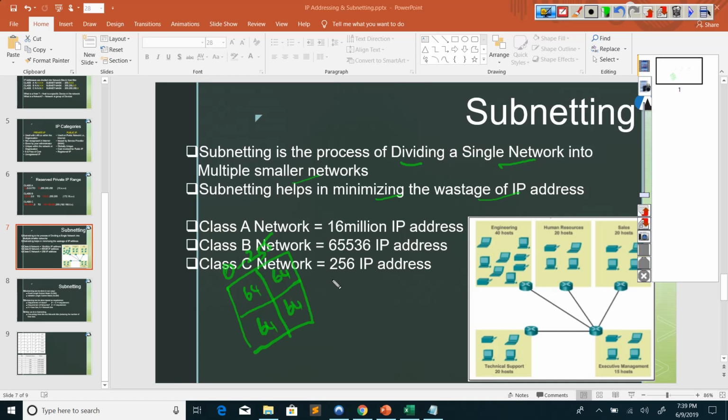This is called fixed length subnetting, FLSM. This is one way of subnetting, and another is VLSM, variable length subnetting. In variable length, maybe this one is higher, so this might have 64, and this might have 128, and further it is chopped into something. You can take this as a school where all the classrooms